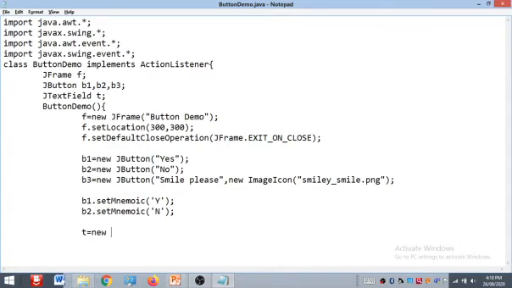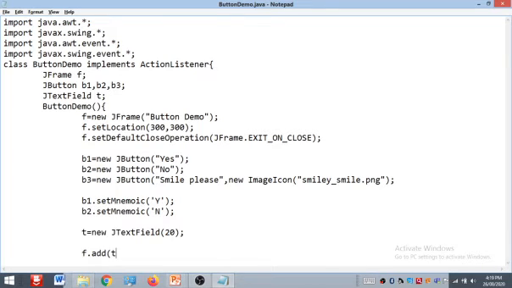Then we use another component, like a T. We initiate the JTextField, suppose 20. We are providing the column size 20. Then now add all the components in the given frame. So add in a sequential manner, like f.add. First, what do you want to add?